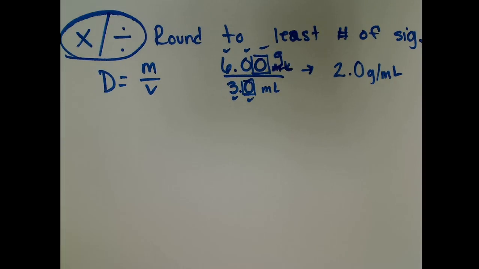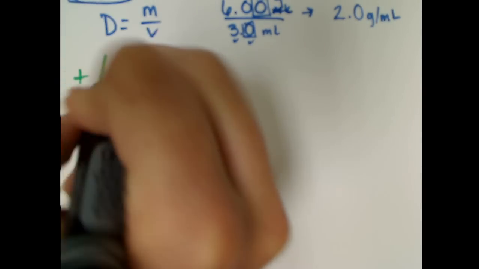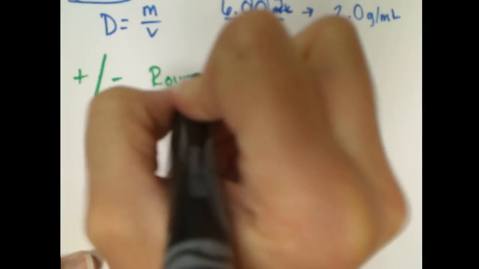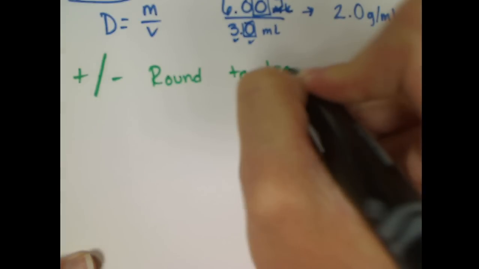You always round. Again, you want to round up or down depending: if it's 5 you're going to go up, if it's less than 5, you're going to stay with that same number. For addition and subtraction, you're always going to round to the least number